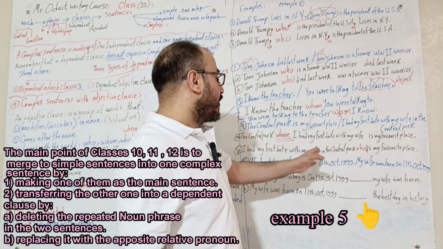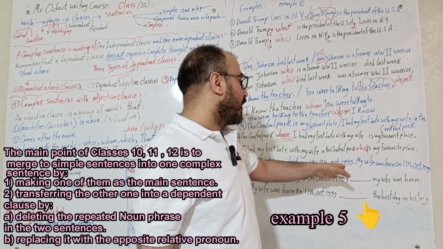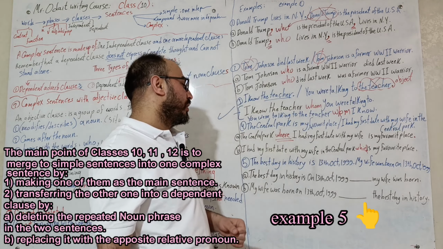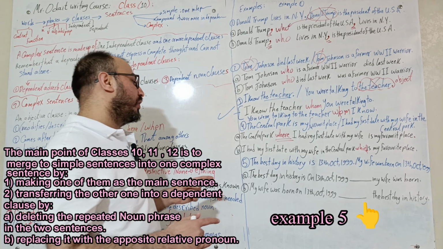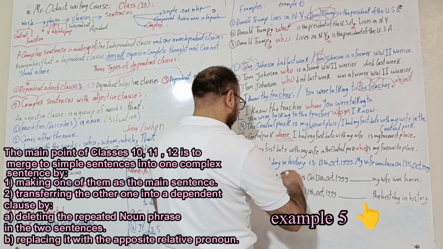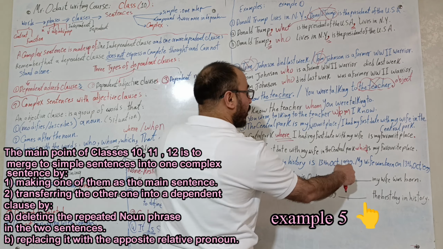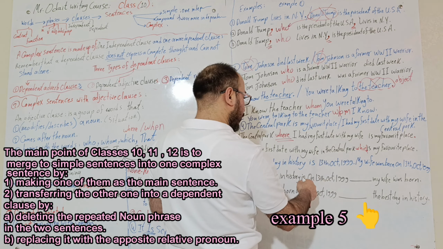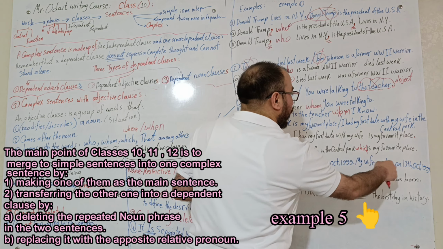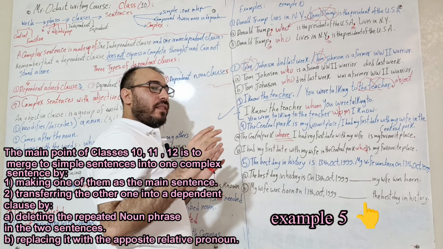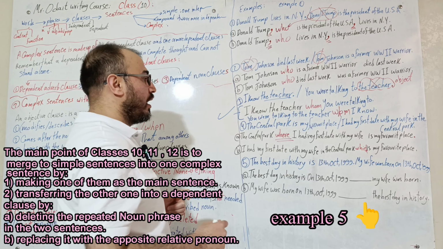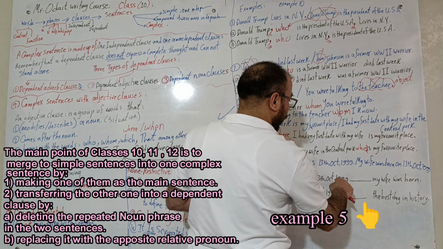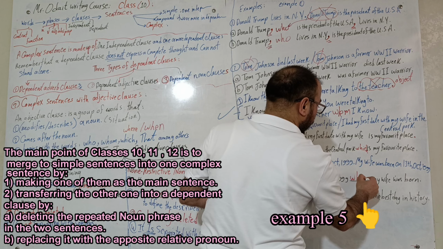1999. This is the first simple sentence or independent clause. The second one, my wife was born on the 13th of October, 1999. Again, my friends, here I have two options. The first one is to use the first simple sentence as the main sentence in here. Then I carry on with the second one as an adjective dependent clause. Of course, I say the best day in history is on 13th of October 1999 when,